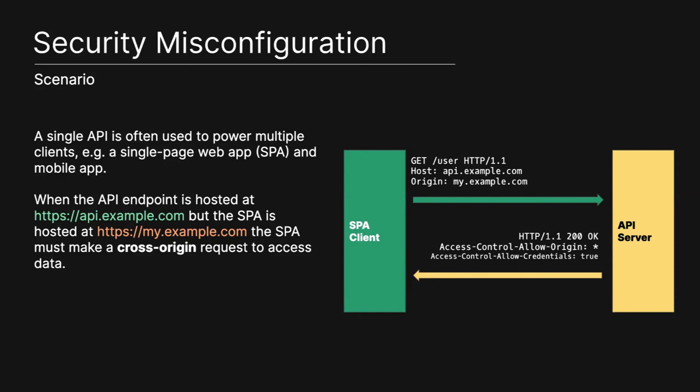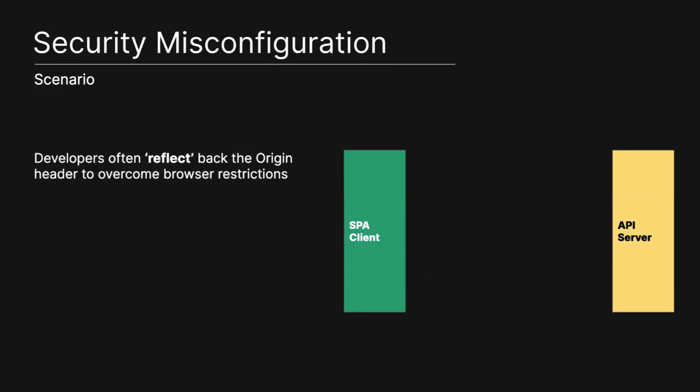I'm going to set that to true. And the browser is smart enough to basically say, no, we're not going to allow this. The reason is that you're trying to say Access-Control-Allow-Origin as star and Access-Control-Allow-Credentials as true. This is basically way too permissive. The browser manufacturers knew this is what developers were going to do, and they said, no, we're not